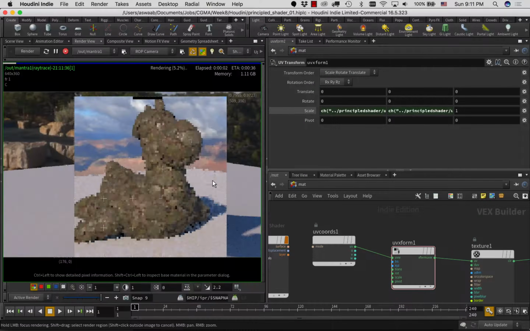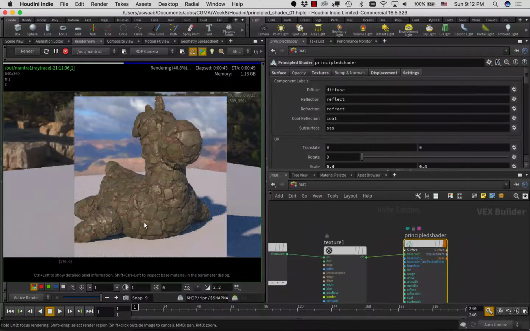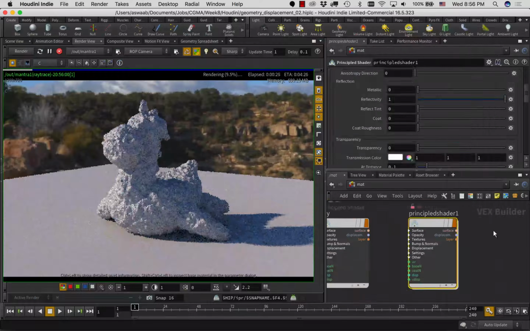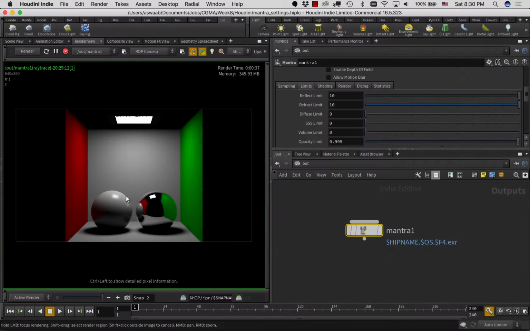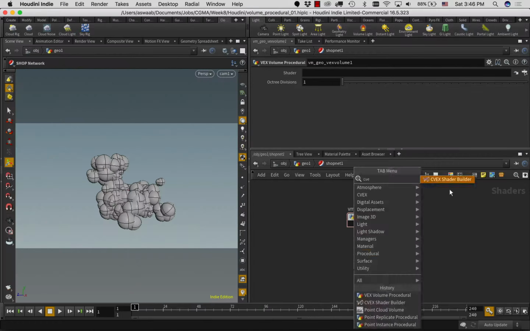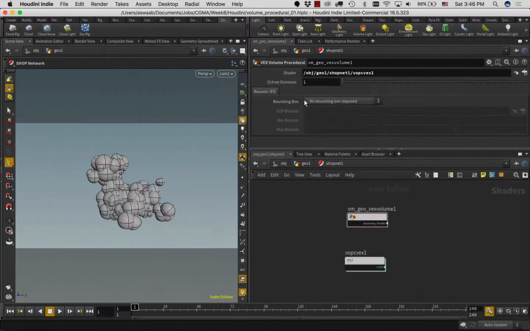Finally, in the last lesson, we take a hard look at Mantra, Houdini's render engine, and explore some of the lesser-known techniques to harness its power. We'll explore the principled shader, look into displacing and mixing textures, and show how to use geometry attributes to influence